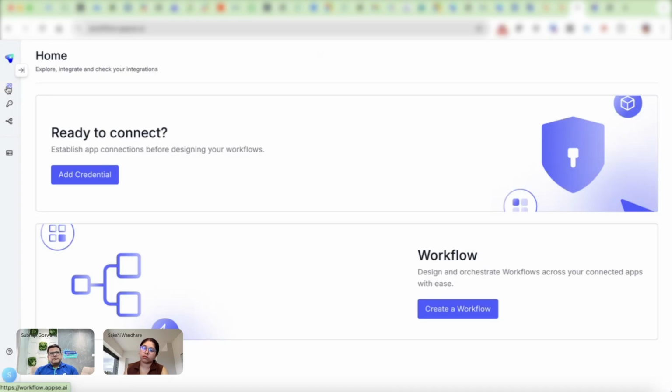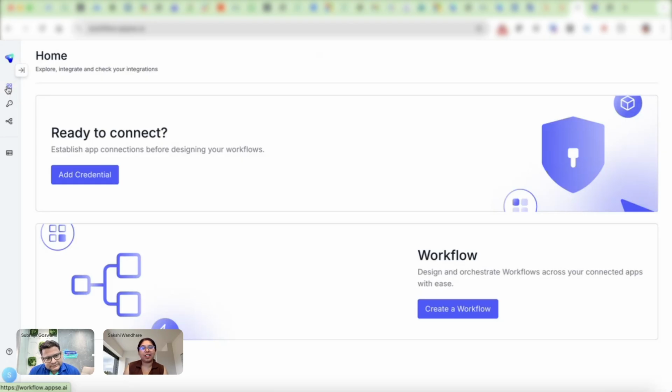Now we know that when Zoho partners are doing implementation projects, there are a lot of things for which the end customer needs automation. So this AppSe AI workflow orchestration platform is bridging the gap of creating workflows, adding AI capabilities within it. You can add AI nodes, AI agents. You can design point-to-point integrations as well, which is a typical capability of an iPaaS. So in short, this is AppSe AI, a workflow automation platform.